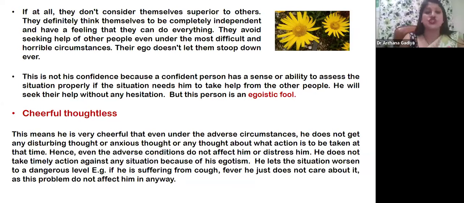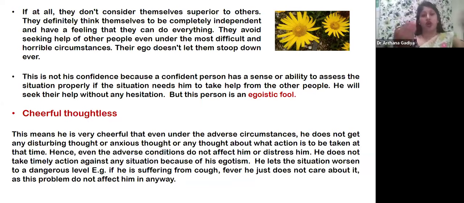We have another very beautiful rubric in Arnika, cheerful, thoughtless. So what is the meaning of cheerful, thoughtless? The person is cheerful, and because of this he is thoughtless. Thoughtless means he's not thinking. If I fail in that place, I'll get scared about what has happened to me. Or if my count goes down to a hemoglobin level of 6 and the doctor is asking me for a blood transfusion, still I'm not ready to visit, still I'm not ready to take any treatment.